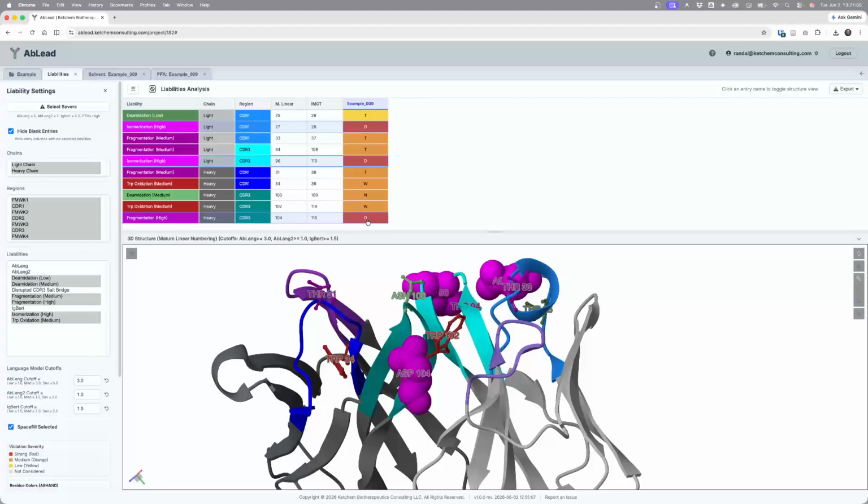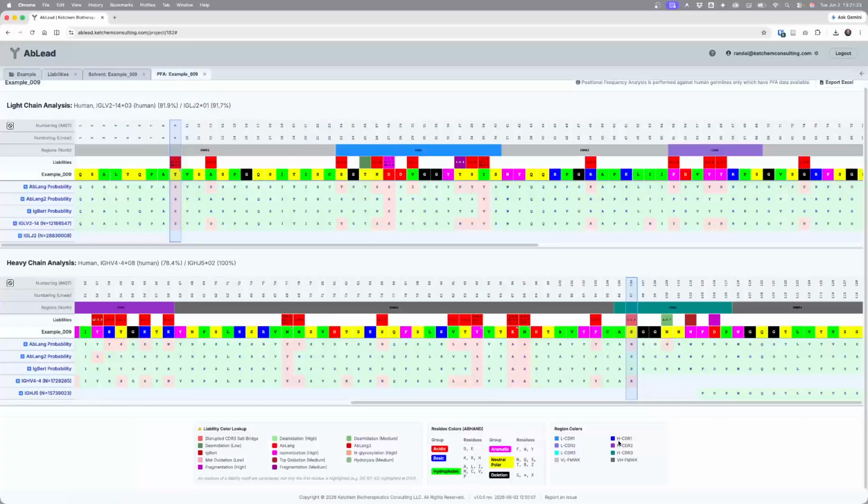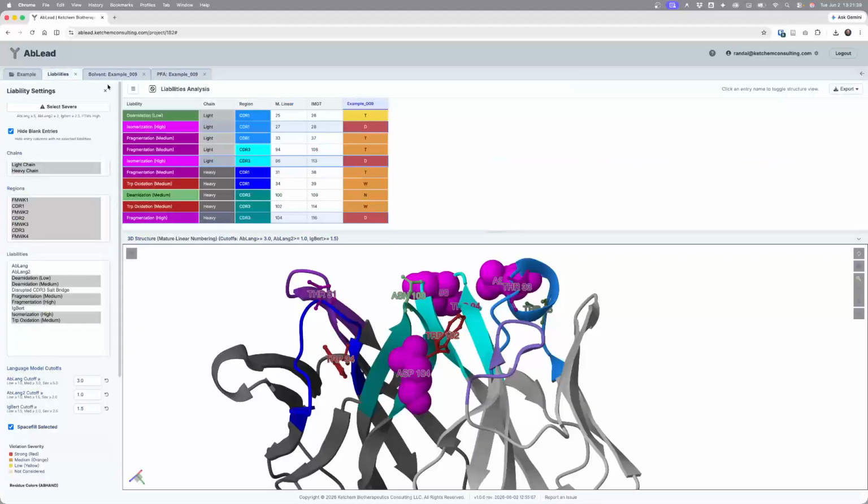Now, this is that aspartic acid at the base of heavy chain CDR3. It's not forming a salt bridge because that arginine is a serine, as we just saw in the stability violations, but I'm going to not pay attention to this fragmentation site. I'll show you that in PFA, this is 116. There's 116. That's the motif for that fragmentation site, and you can see that in the large language model and in the germline, it remains DPW. So I'm going to leave that position alone and just pay attention to these 2 potential